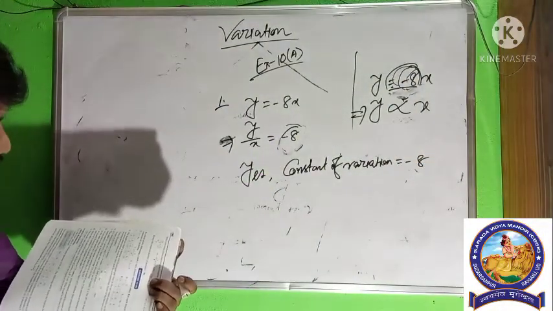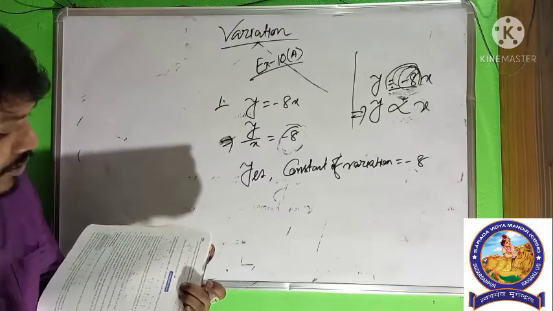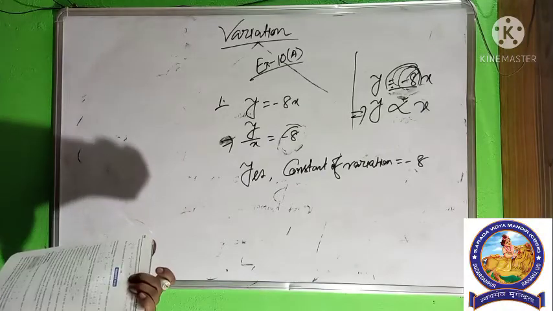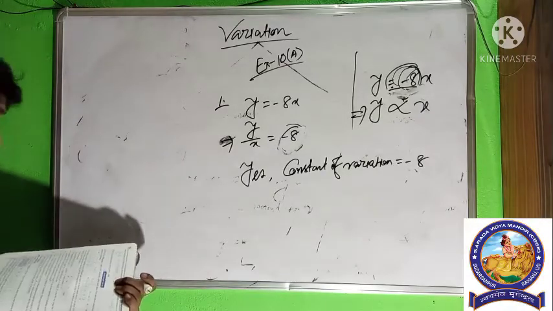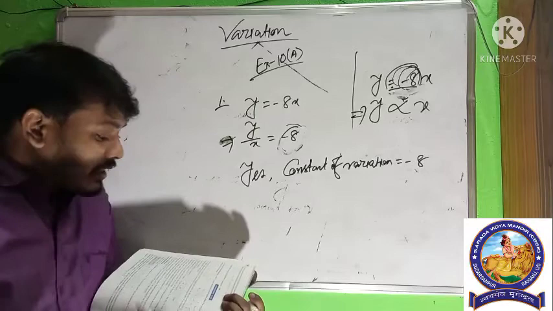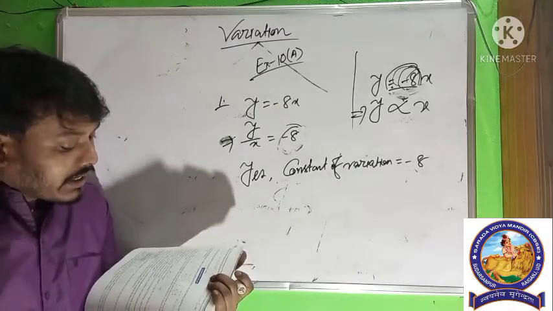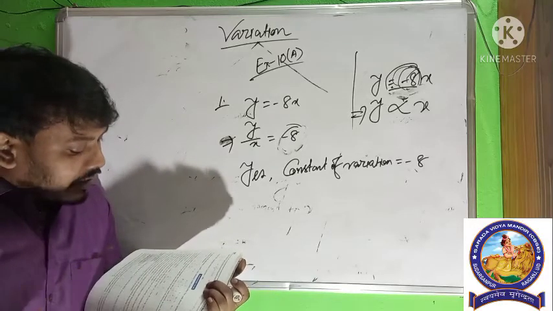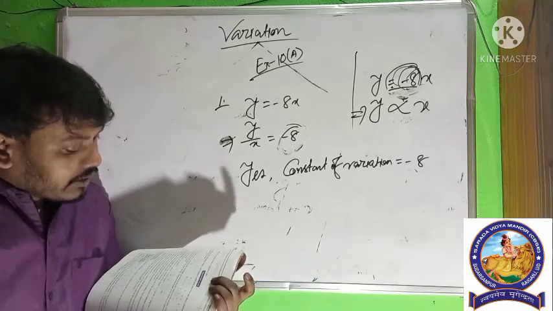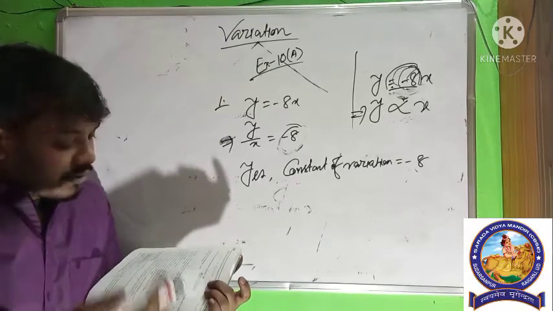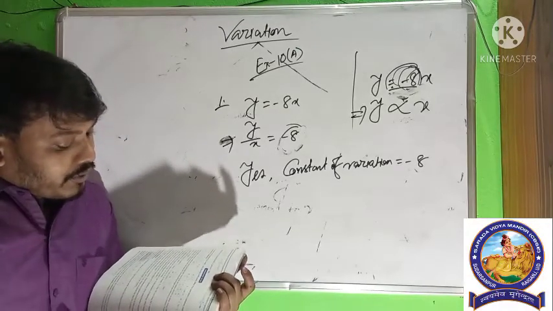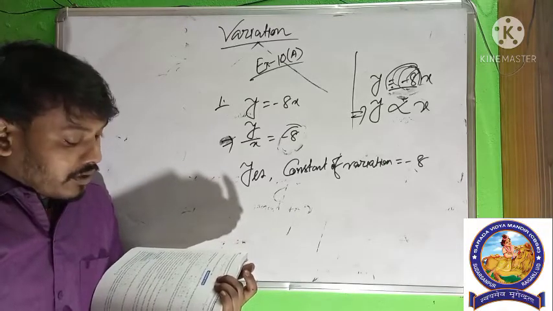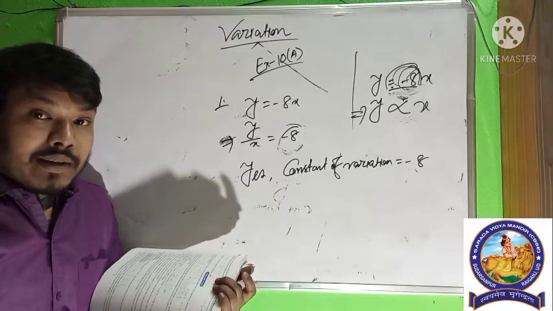The second one is also similar, y by x equal to 3 by 4. Third one, xy equal to 5. The product is constant, that means it is a case of inverse variation. So we are not talking about inverse variation. So here the answer is no. Here the question is whether it is direct variation or not. So the answer is no. Fourth one, y equal to 3 by x. Here also xy equal to 3, or you can write y proportional to 1 by x.